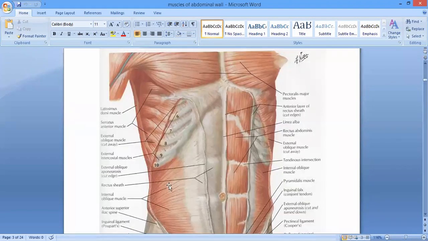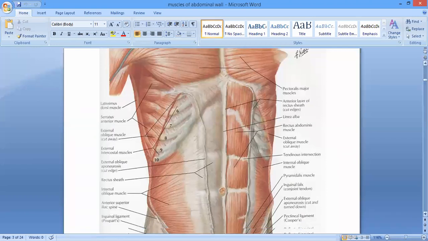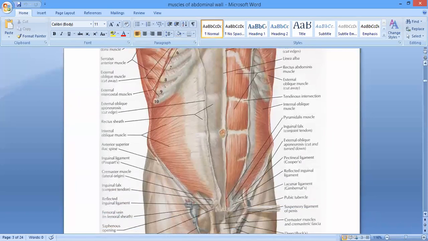You can see the internal oblique muscle over here getting origin from the inguinal ligament, iliac crest, ठीक है, and the lumbar fascia, and is going to be inserted over here, the lower 3 ribs, and then via the aponeurosis it is going to be attached from the xiphoid process to the pubic tubercle, right? Okay, now इसके कुछ characteristics here. You can see the lower fibers form the lower free border over here, ठीक है, and they arch over the spermatic cord. So they arch above the spermatic cord over here, ठीक है.